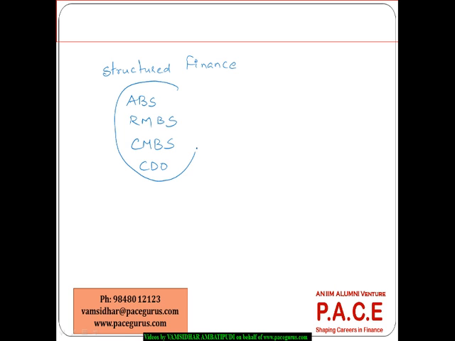And from that perspective, we have two different kinds of CDOs that are popular. One is a structured finance based CDO, where the collaterals are primarily asset backed securities, residential mortgage backed securities, or commercial mortgage backed securities, or any other CDOs, which means the collateral manager is investing in all these things, buying and selling them, generating the revenues and the capital gains, which would still be passed on to the investors of the CDO.